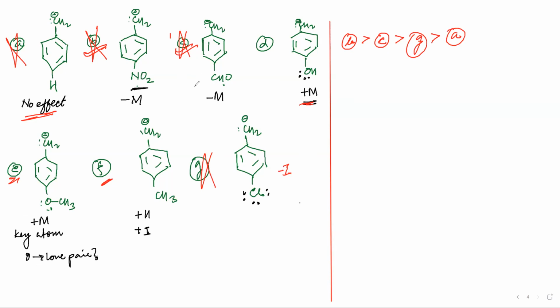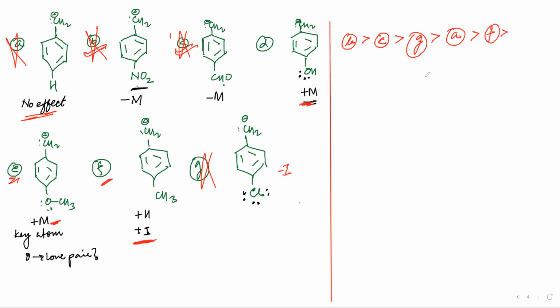So if I want to see which is least destabilizing, I have to see plus I and plus H. If I want to see which one is giving less electron, see, plus M will be giving so much of electron. Plus I comparatively will give lesser electron than plus M. So we have 2 plus M and 1 plus I. So I can write the next one as F, because this one will be giving less electron density, and less electron density will be increased here in comparison to OCH3 and OH.